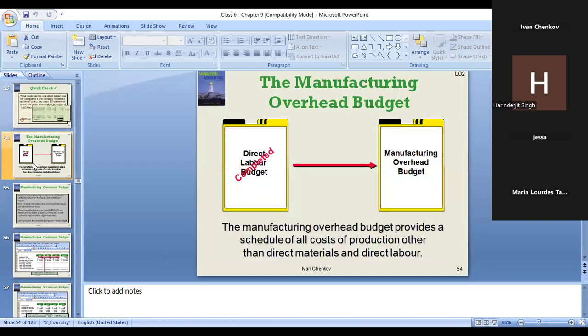That's how we're done with the direct labor budget. Now we have to move to the manufacturing overhead. For the manufacturing overhead, we need to have a little bit more information. What will that information be? The information will be, first,